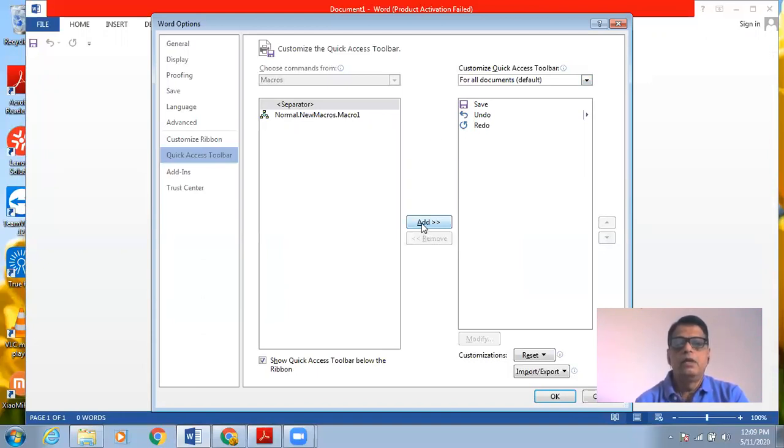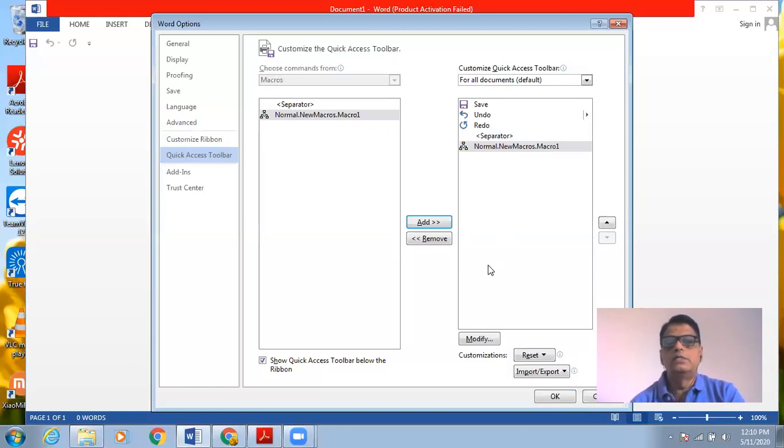And here you can click on Add, and you will find that Macro1 will get added into the list on the right hand side.